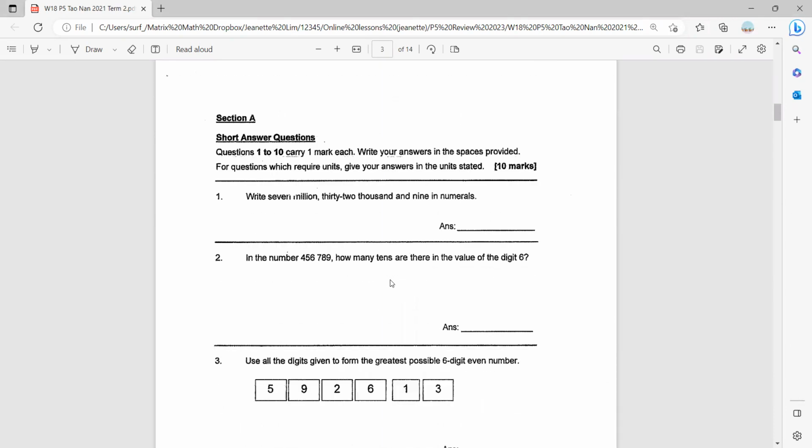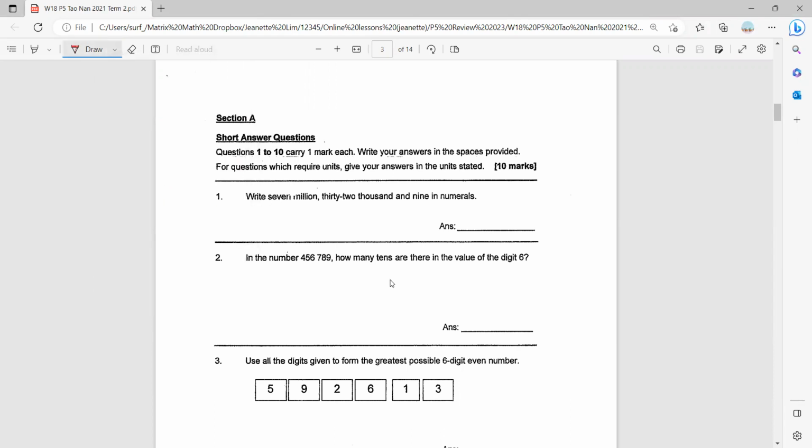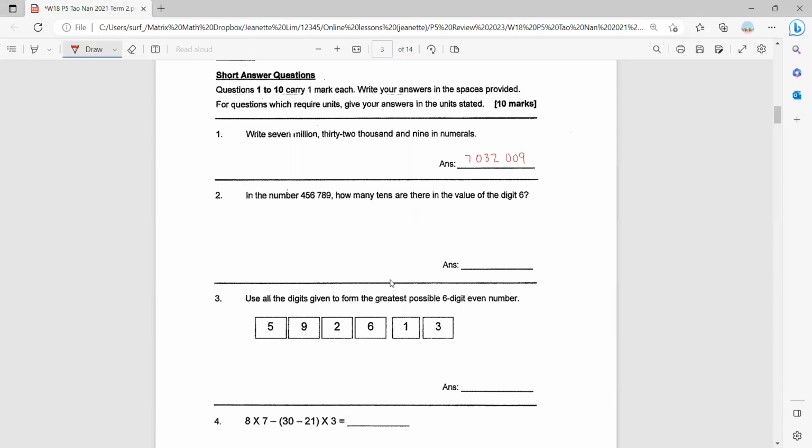Write 7,032,009 in numerals. Okay, so for this, 7,032,009. Okay. Question 2. In the number